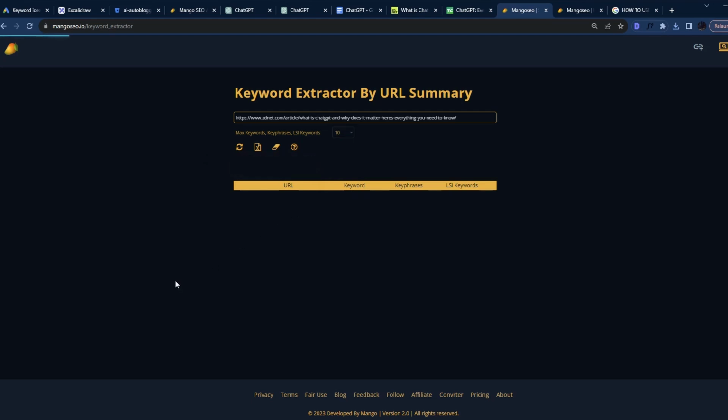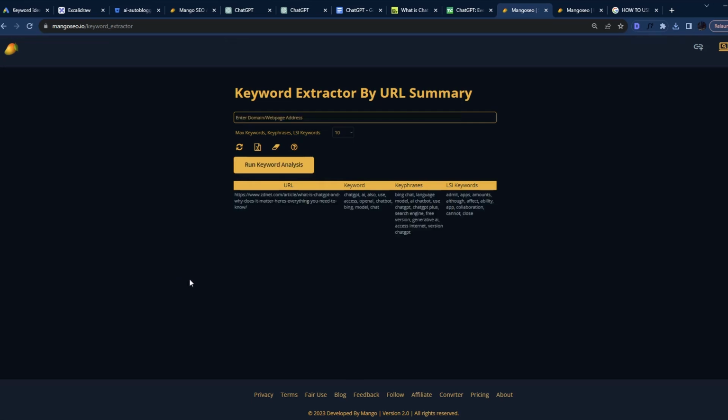Now, this is basically asking the same request. Can you generate the keywords, the key phrases, and the LSI keywords? Now you can see that came back. This is not cut. This is not edited, in about 3 seconds. So for this URL, it's gone off. It's scraped it. It's ripped out all the non-relevant content and very accurately provided the keywords, the key phrases, and